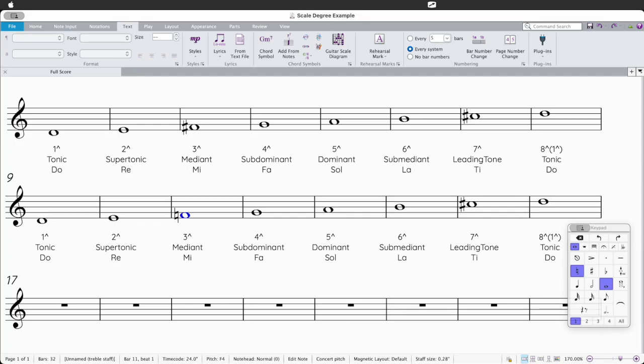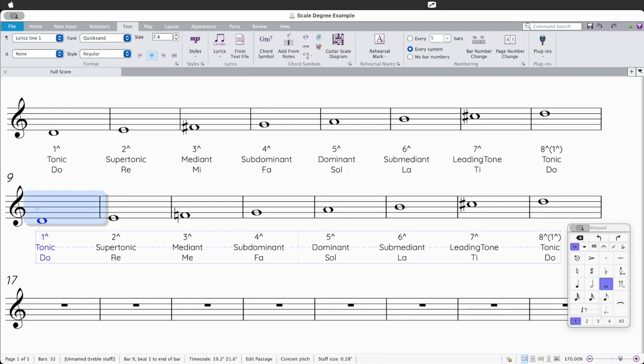It's still considered the mediant, but the solfege changes a bit from mi to me, and we spell that M-E, me. So do, re, me. And then fa and sol are the same as the major scale. So do, re, fa, and sol are all the same: do, re, mi, fa, and sol. So we've changed this third scale degree. That third right there is the defining characteristic of the minor triad or minor scale, just as the F sharp